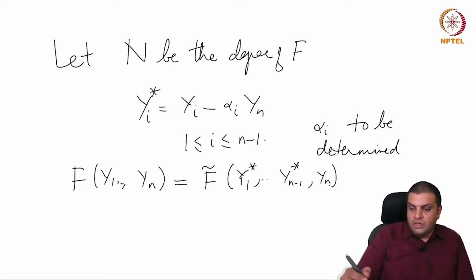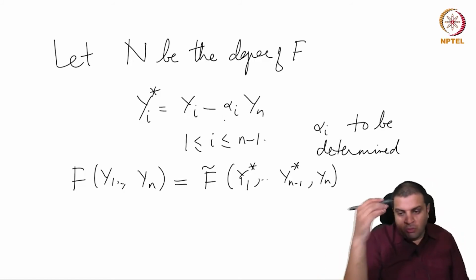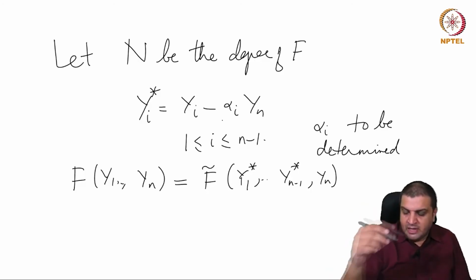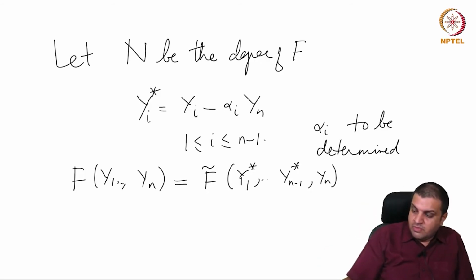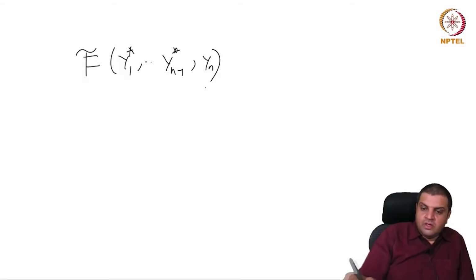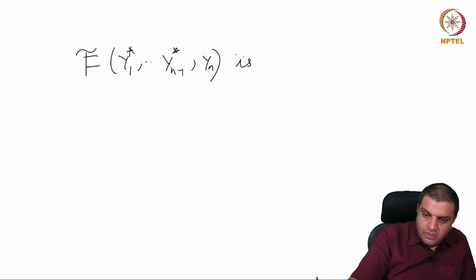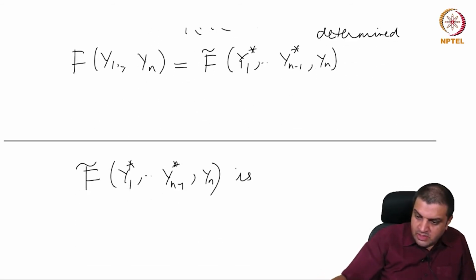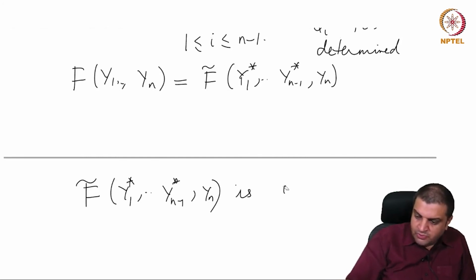If you choose, in fact, for almost all choices of these alpha i, the new polynomial f tilde of y1 star through yn minus 1 star, yn is of the form